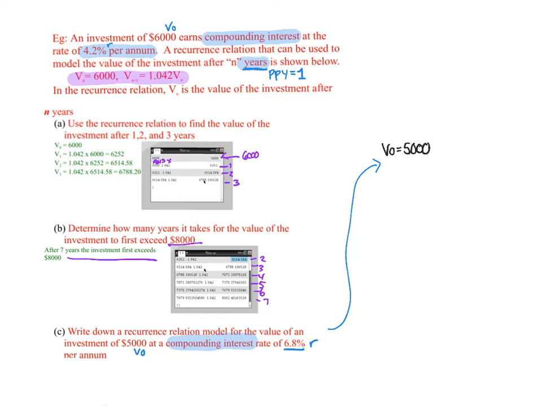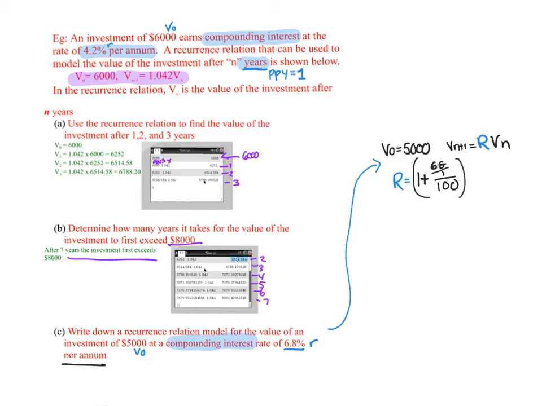5,000. And then I have to write V(n+1), which is equal to V(n), oh sorry, it's R, isn't it? R times V(n). So that means I need to go work out R. So R in my case is going to be 1 plus the rate, which is 6.8 over, now is it per annum? They want the yearly. So we'll just say over 100. And it is